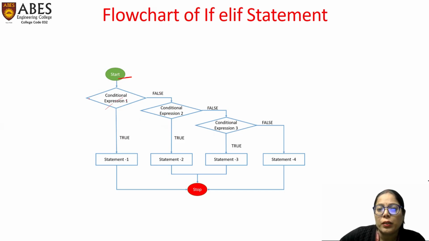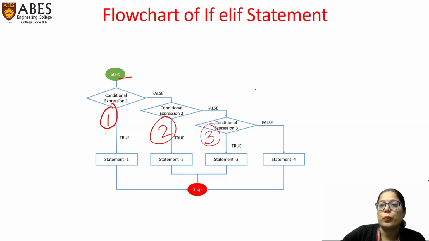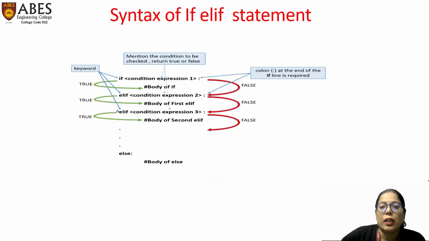So you can see that here we are having multiple if statements. Like here you can see this is your first one. Again we have a second if statement. Again we have a third. And depending on your situation, we can have multiple if statements. So that is your if elif statement. And it is not necessary that it will have only two or three. It will depend on your scenario, what your problem statement is, and depending on that we can use multiple